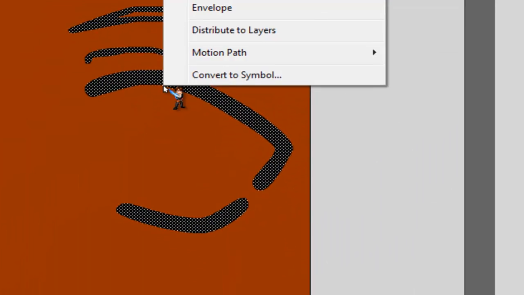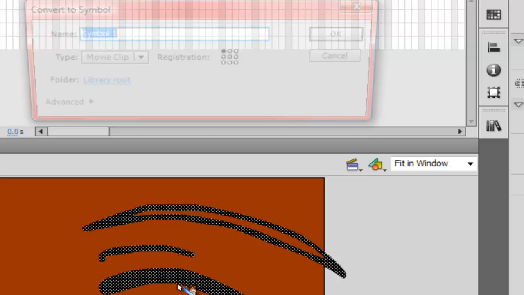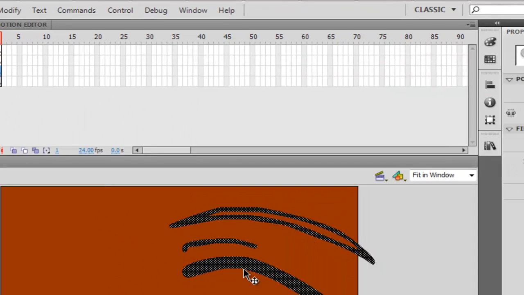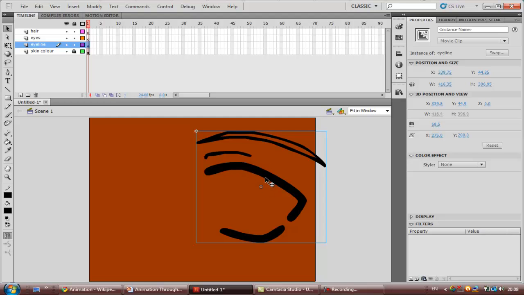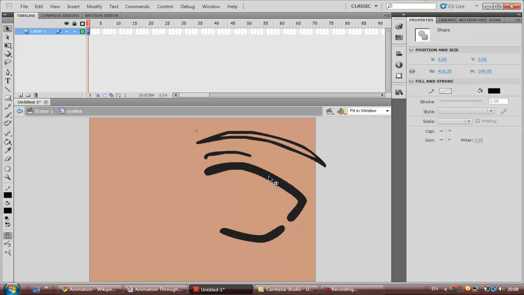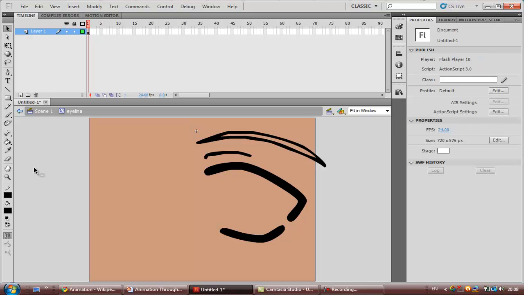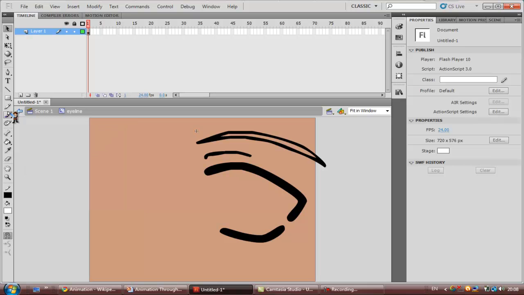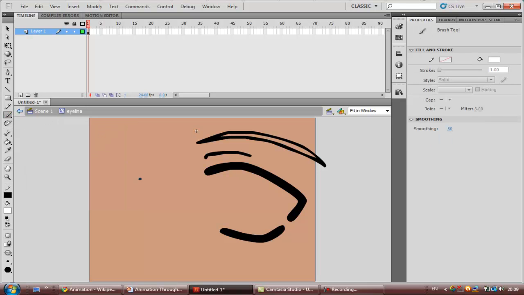So we right click this object now, convert to symbol, and we're going to call this eyeline. This has now been identified as a symbol. If you double click on it on the screen, it'll bring it out on itself. Whatever you do here will not affect the rest of your animation. So now we're going to draw something white